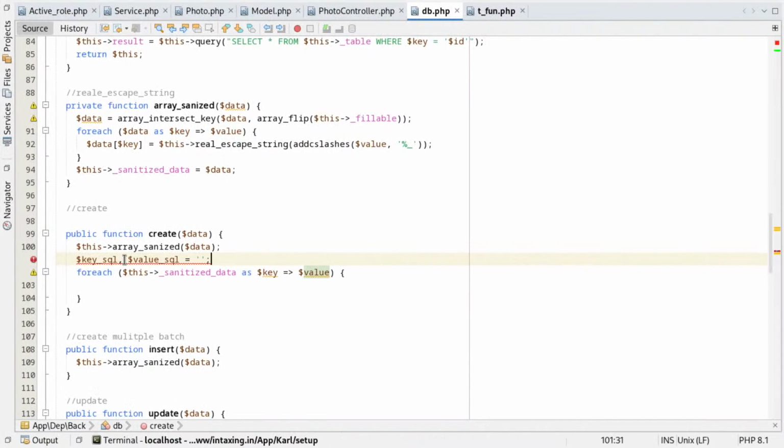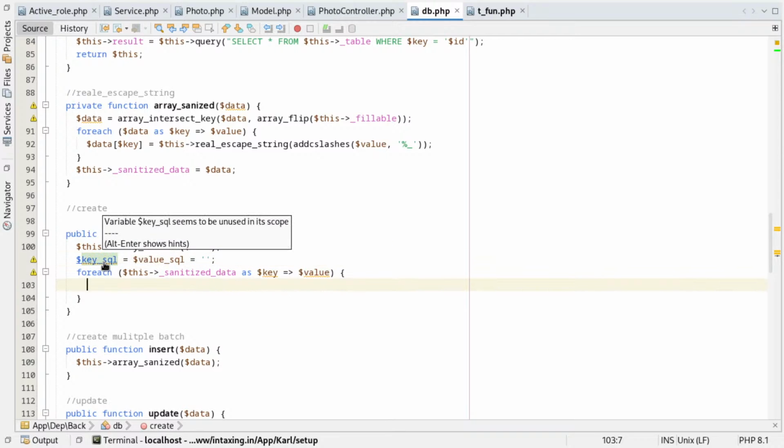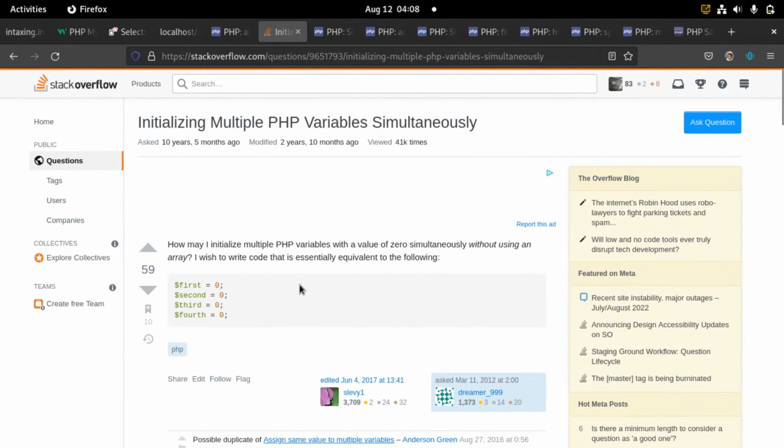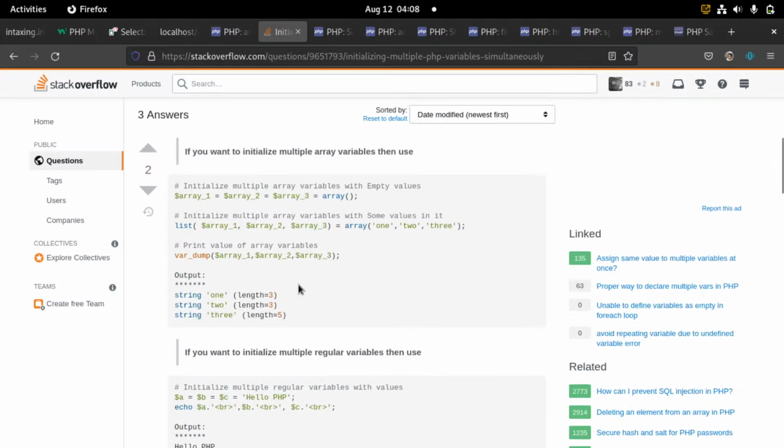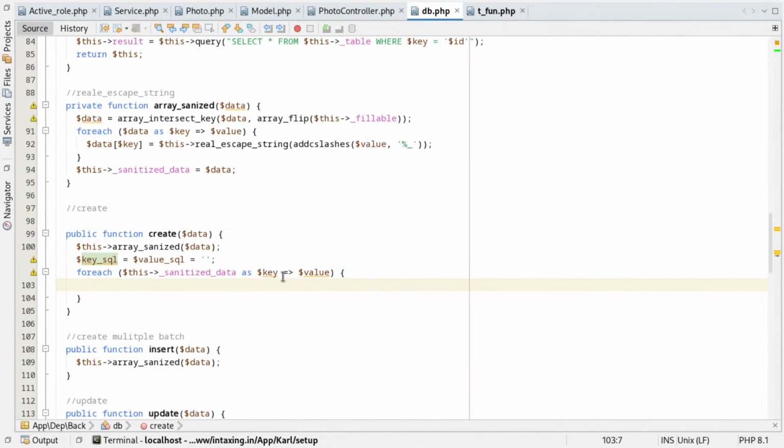Okay, it can actually be used with the equals. So at least it's initialized. Okay, so key SQL will be